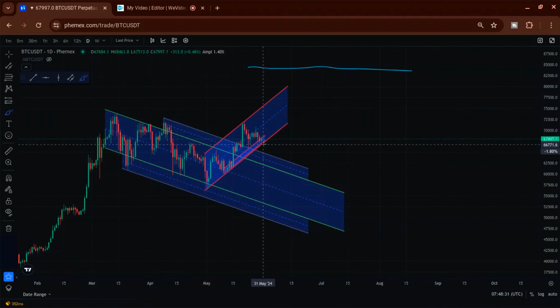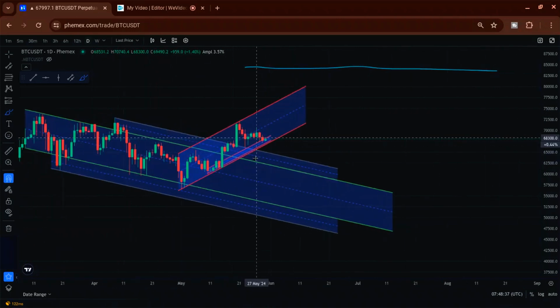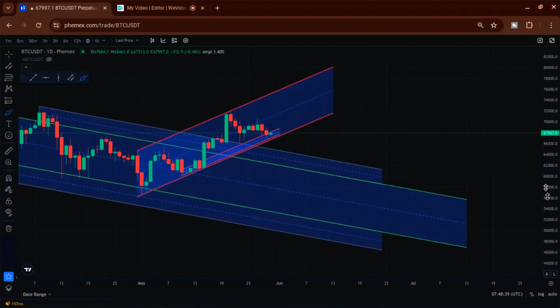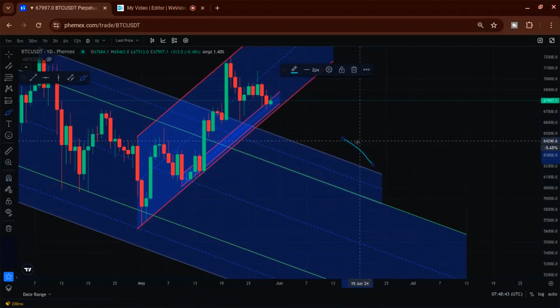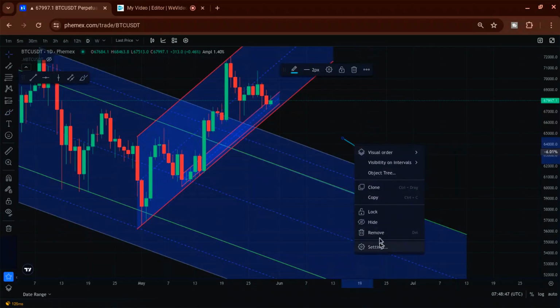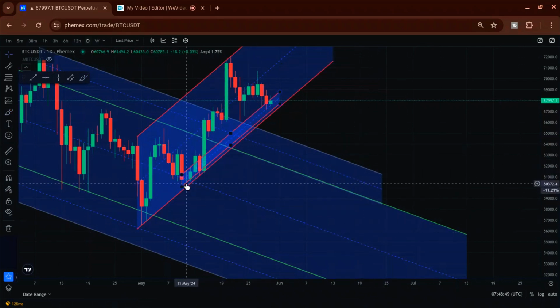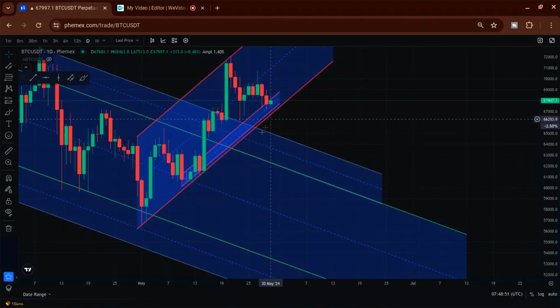this should be decent support. We've got that little red ascending channel. And an interesting thing I didn't mention: do you notice how that little red channel is perfectly parallel with the bigger red channel? See that? Look at that. Isn't that interesting? Now, I drew this little red channel in here back in the second week of May,